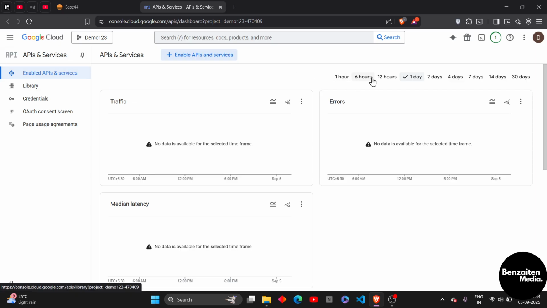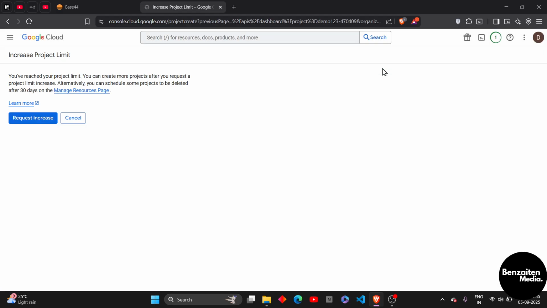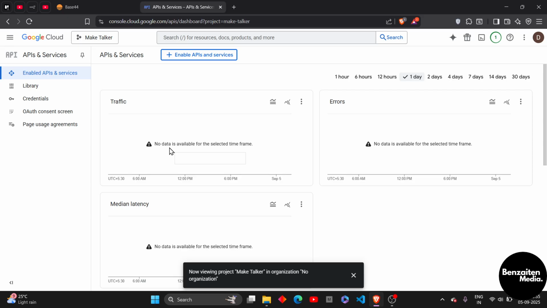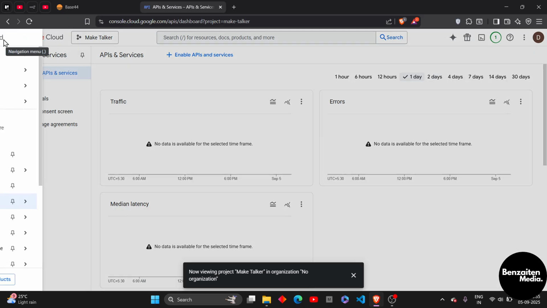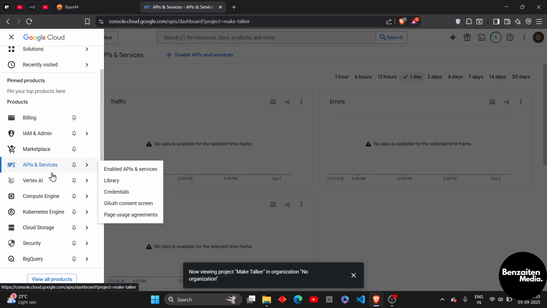From here you need to open the Google console, and after opening, here on the left side you need to click on open project, and then you need to click on new project. After that, here you need to just simply create a new project, and when the project is created, on the left side you need to click on this three lines, and then you need to just simply head over to the APIs and services,